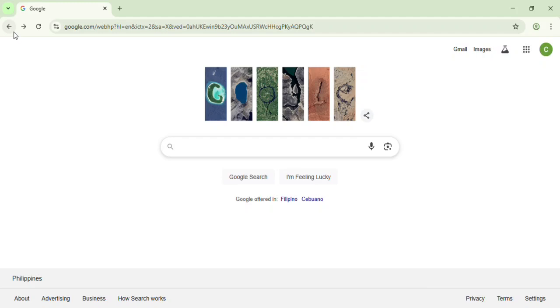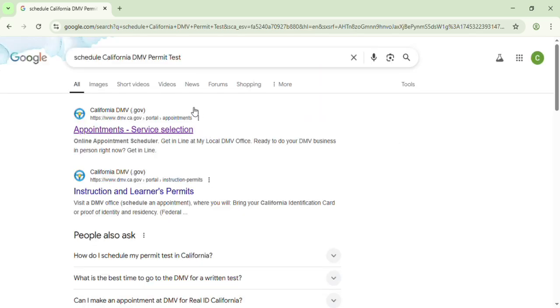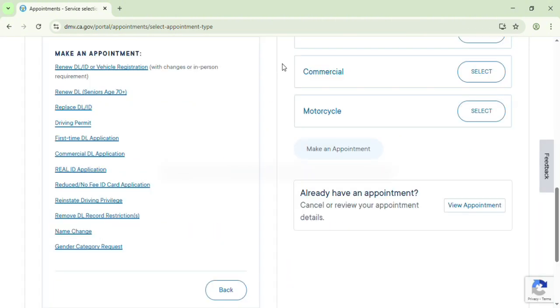How to schedule California DMV permit test online. To start, search Schedule California DMV permit test on Google and then click the first link. So in here, you will be redirected to